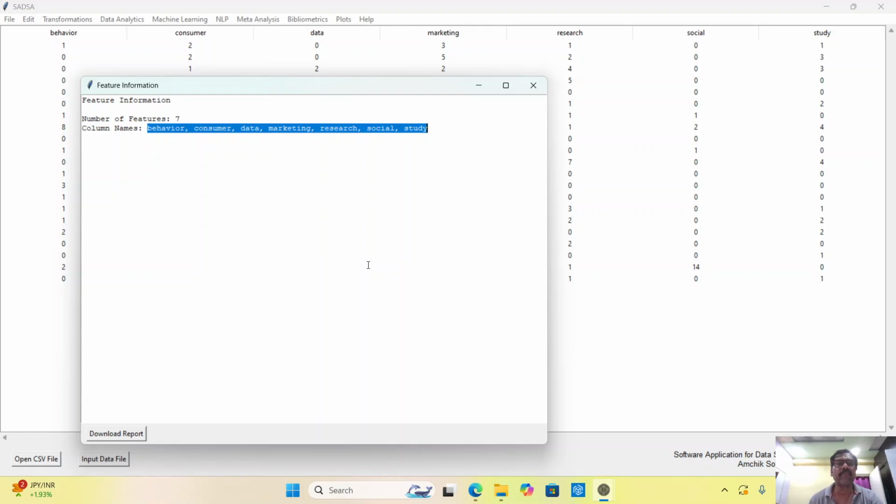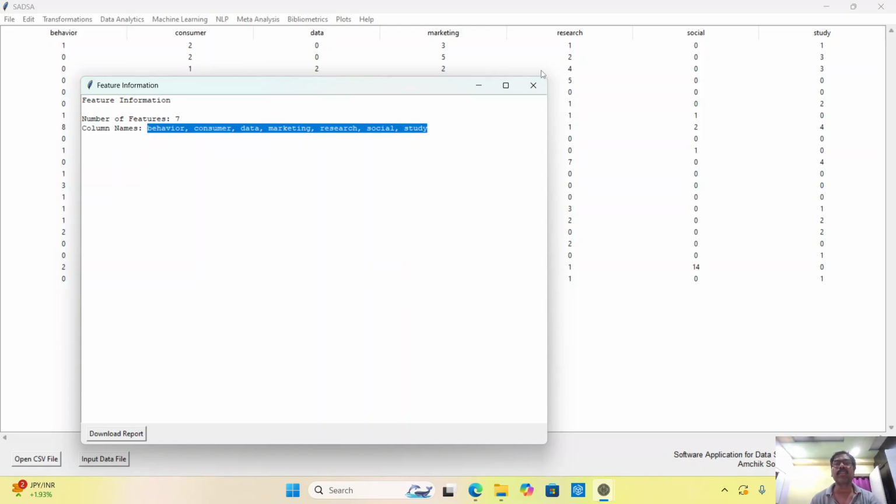That is, I can classify these columns into some consumer behavior and marketing research or marketing data. So I can assume that consumer behavior might depend on marketing research, but I'm not